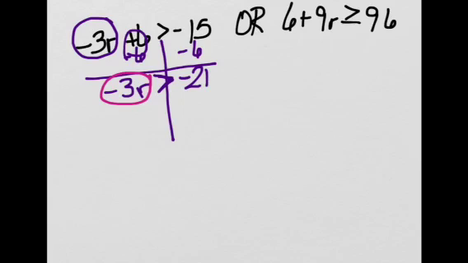I notice on the inside of my circle, my r is actually a negative 3, which means when I divide, I have to flip my sign. I will no longer be greater than. I'm going to become less than. So divide by negative 3, divide by negative 3, and I have r is going to be less than 7. So on my number line,